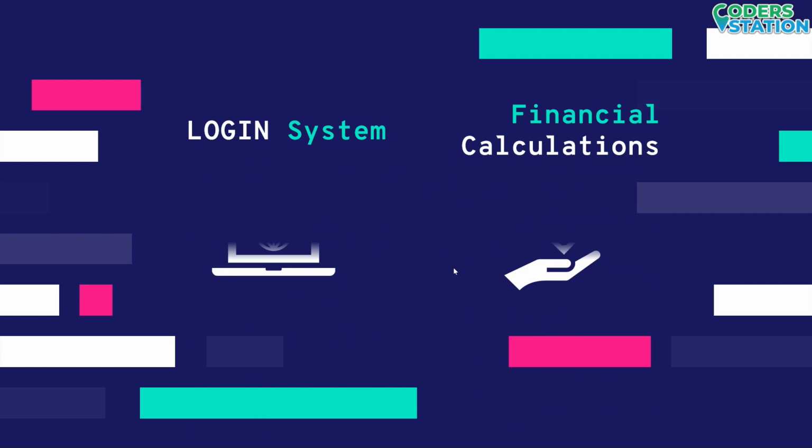These are the simplest applications. The first is we use the if-else statement, which is the branching condition, in our login system. While logging in to our system, we first check whether the username and password are correct or not. If the credentials are correct, then we will allow the user to access the system, else we will reject access to our system. As well as this, branching is used in financial calculations. That is, while giving a loan, we check the eligibility of the person, whether he is eligible to take the loan or not.